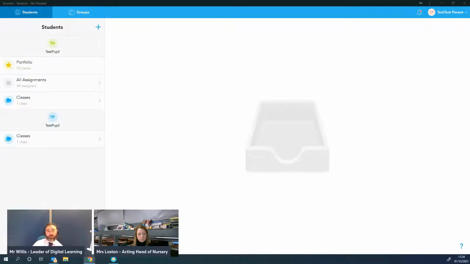So Showbie is available as an app that can be downloaded from the Apple iTunes Store, or it is now available for Android as well, or it can be accessed at showbie.com. And when you first access Showbie, you need to create a parent's account, which is very simple to do, completely free. You can attach it to any email address,